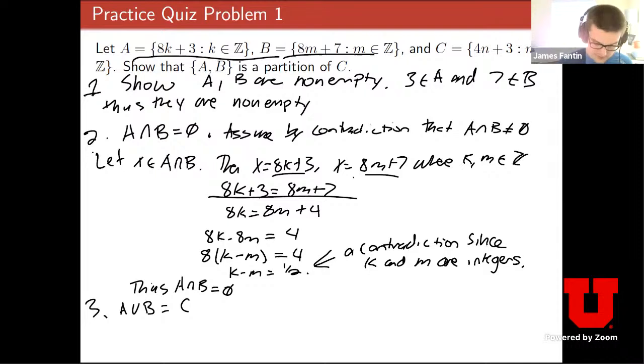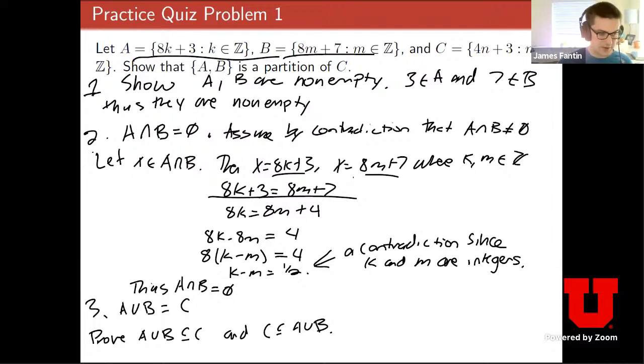So one way is, to prove that two sets are equal to each other, we just have to prove that they're both subsets. So we could prove that A union B is a subset of C, and C is a subset of A union B. And if we do both of these proofs, then we'll be able to prove that these two sets are equal. Alternatively, in this case, we could use the division theorem,